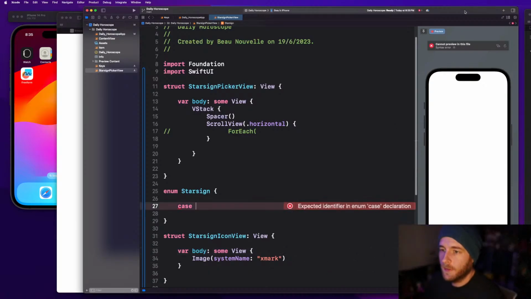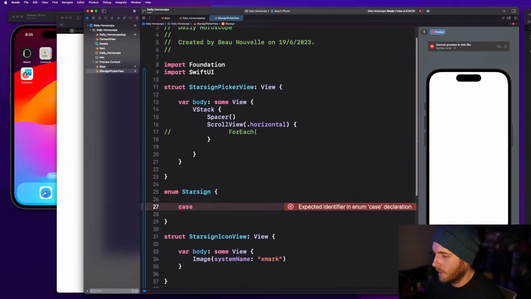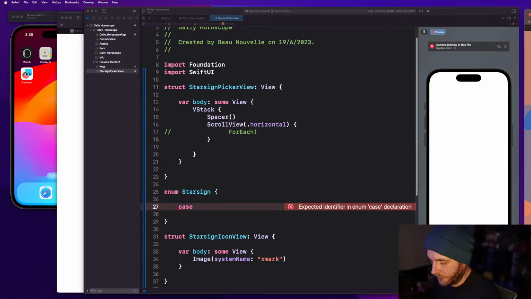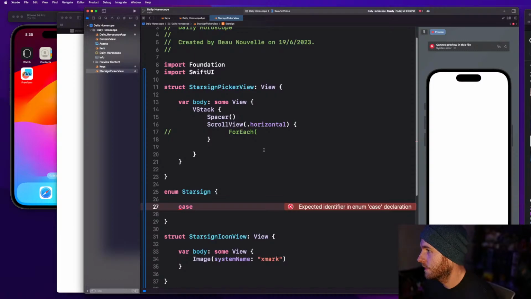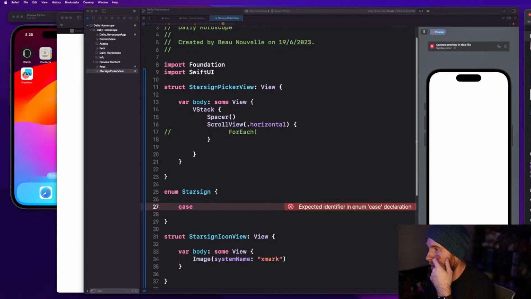Should we do them in order, alphabetical order? I'm just going to grab another tab off screen, just to make sure I've got them all correct. Yeah, okay. And then we've got all the dates and stuff. So in the enum we can